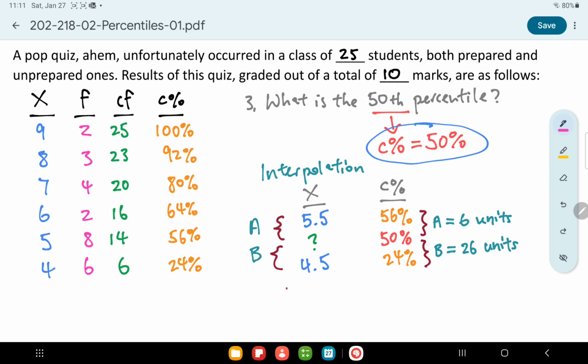If we were to use the distance A as a reference, this is what we're doing. A will be divided by the sum of A and B, in essence, 6 units. So here's the setup. We've got 6 divided by 32. Moving forward to reduce the fraction, 3/16, and in decimal,